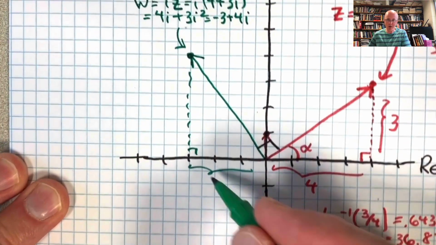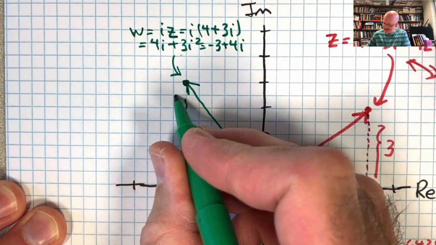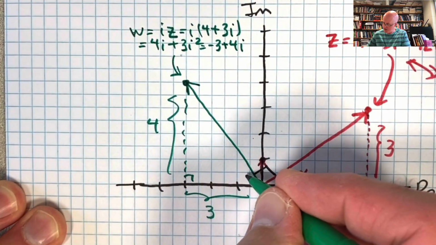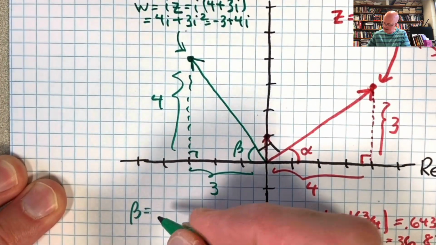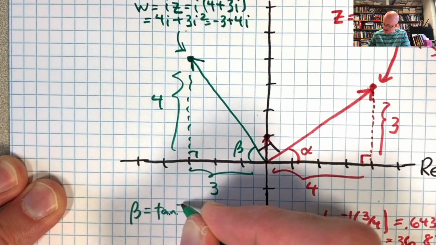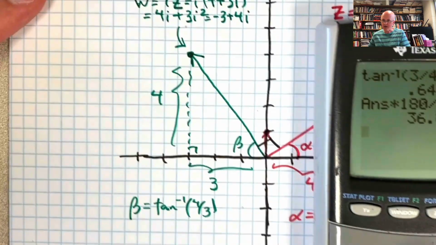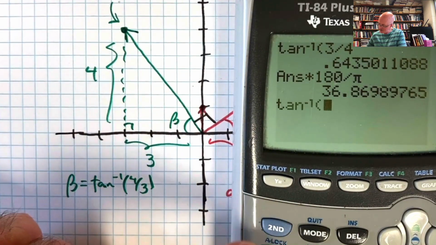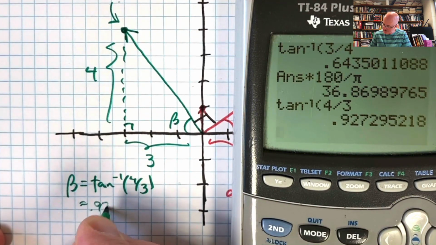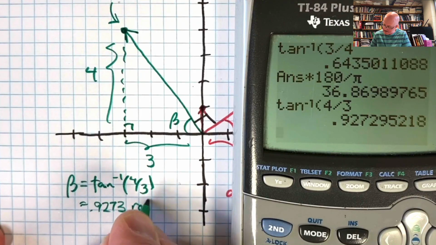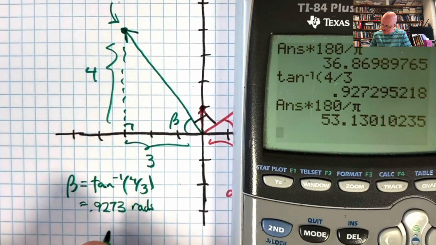Of course, the first component, or real part of this complex number, is -3, but as a distance here, that's +3, and as a distance here, that's +4. What is this angle? Let's call it beta. By the same kind of reasoning with trigonometry, beta is going to be the inverse tangent of the opposite over adjacent, inverse tangent of 4/3. Use our calculator for that. Inverse tangent of 4/3 in radians is about 0.9273 radians. Multiplied by 180 divided by pi for degrees, that's about